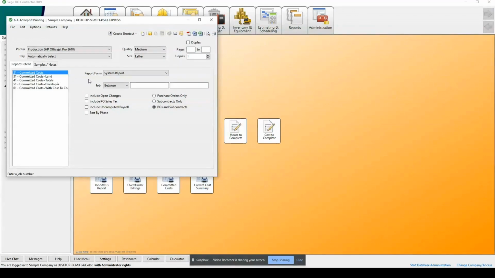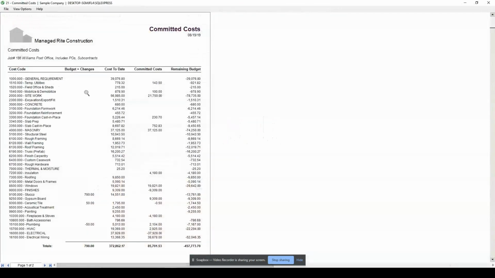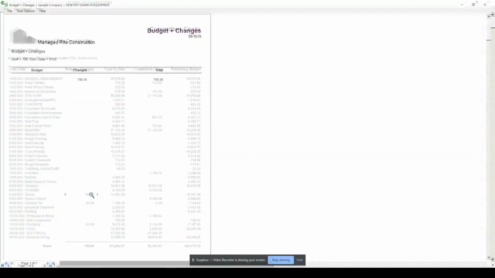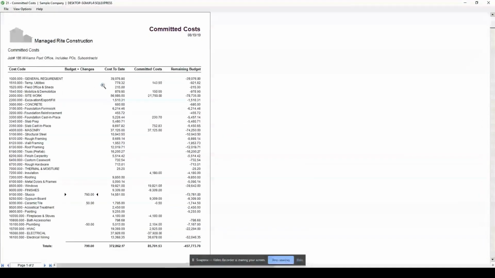I wanted to go out here and look at my committed costs, my purchase orders, and my subcontracts on that same project. Let's do job 186, because we know it doesn't have a budget or an estimate, and let's do job 201. So now I'm looking at job 186. The only thing I have in here is my change order. Of course, changes. No estimate. But then when I get to my actual, it's going to make my cost look kind of interesting. I can't understand why I don't have any. What is my estimate compared to my cost?